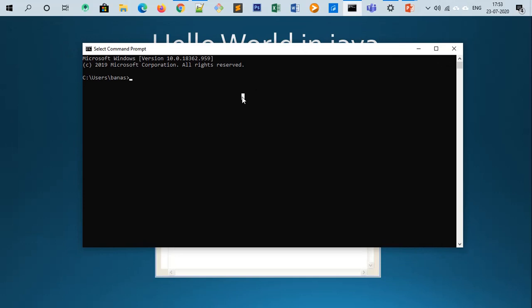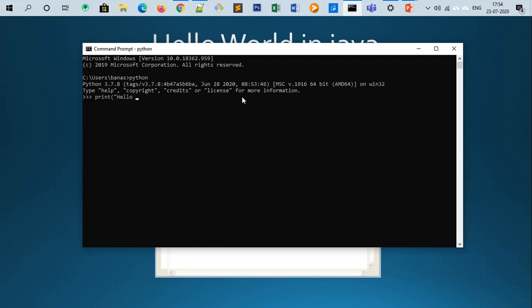Apart from this, there is another way to create a Python program using CMD or command line interface tool. Here you can directly type Python and boom, this will create a Python ideally same environment here. Some people also call it Python interpreted environment. So it is just kind of simple editor. You can directly type here print command and you can print. That's it.